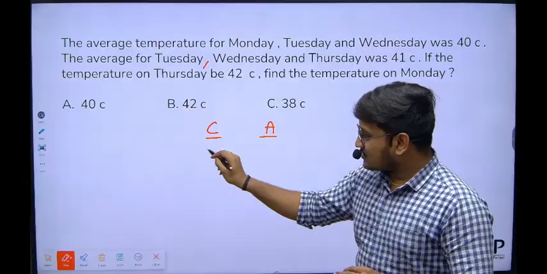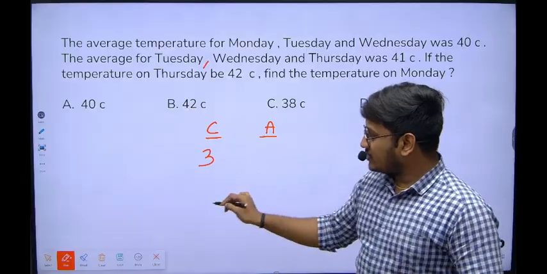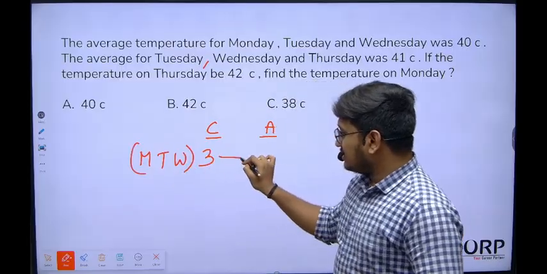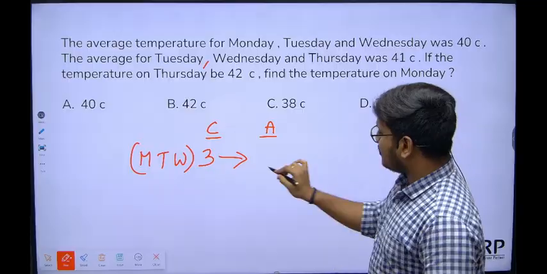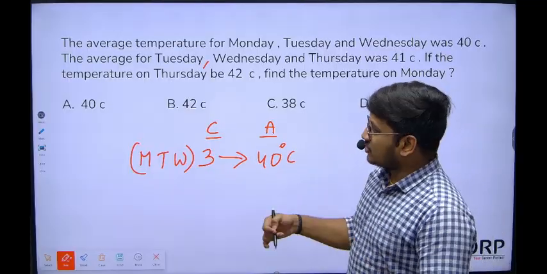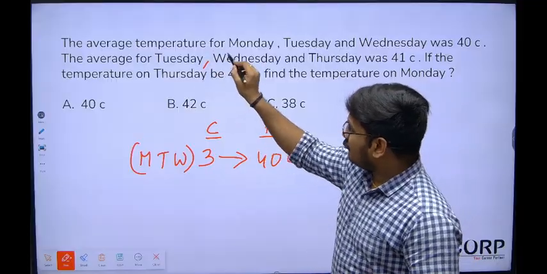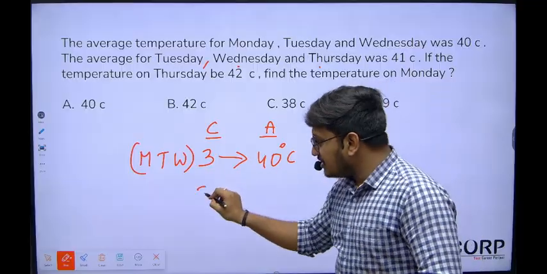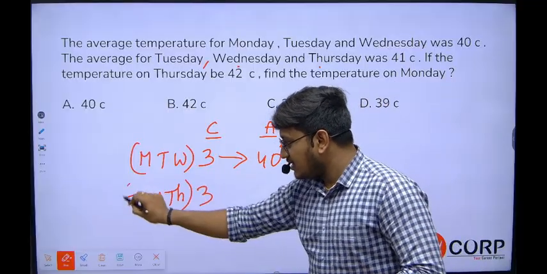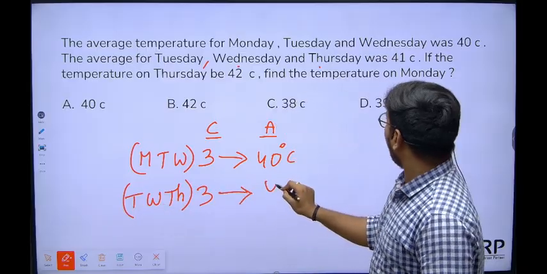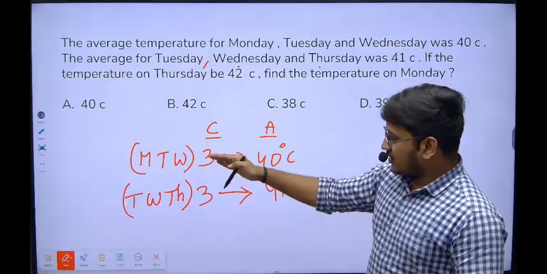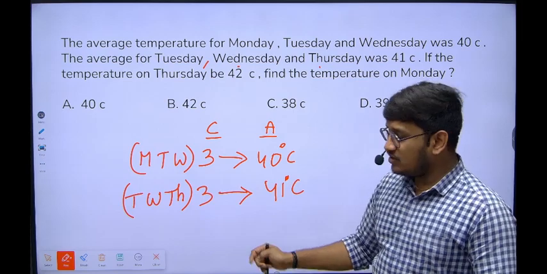So count is 3 days. What are those 3 days? Monday, Tuesday, Wednesday, right? The 3 days' average is 40 degrees. They're talking about the average for Tuesday, Wednesday, and Thursday. Again, 3 days. This 3 days' average is 41 degrees. Now, if you observe, here 3 days and here also 3 days, means the count